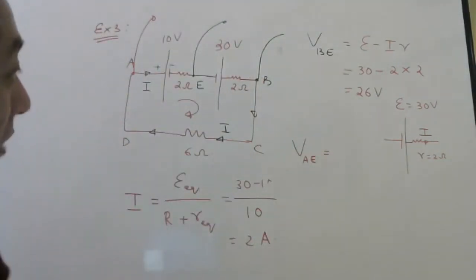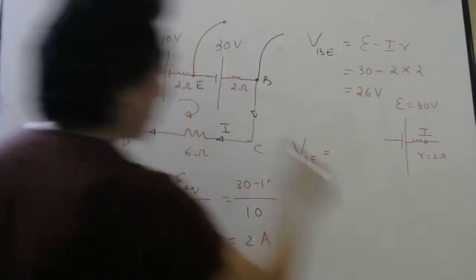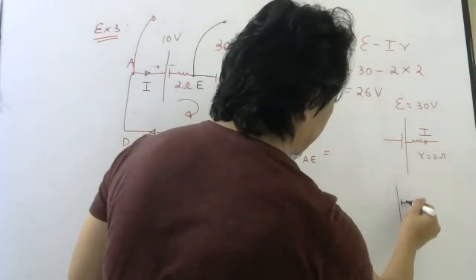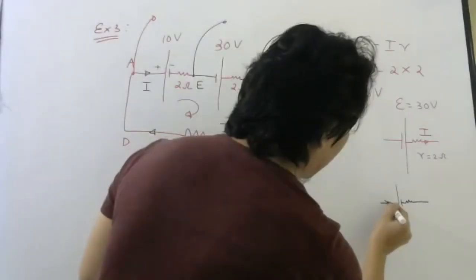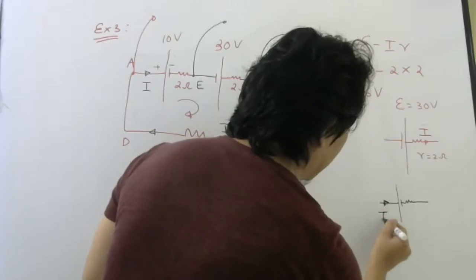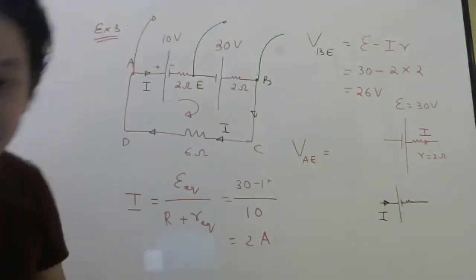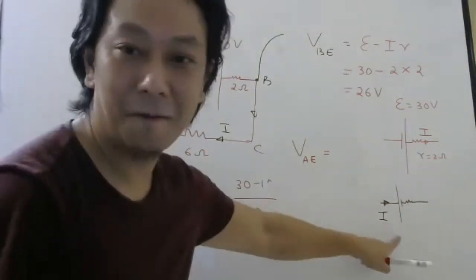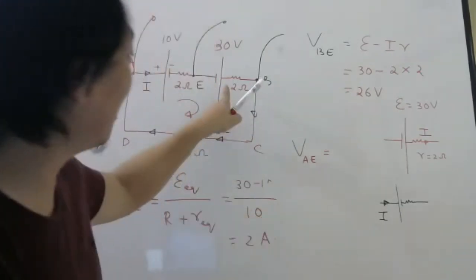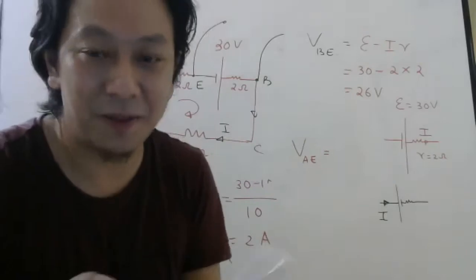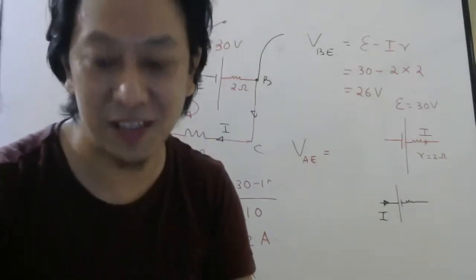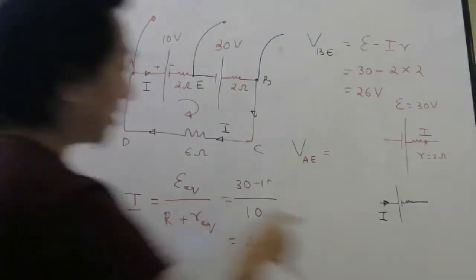So to find that, draw this battery separately. Now be careful. Current is going like this in the circuit. So this battery is getting charged. Understood or not? This battery is getting discharged and this battery is getting charged. That is what happens when you connect in the opposite direction. So this battery will get charged.